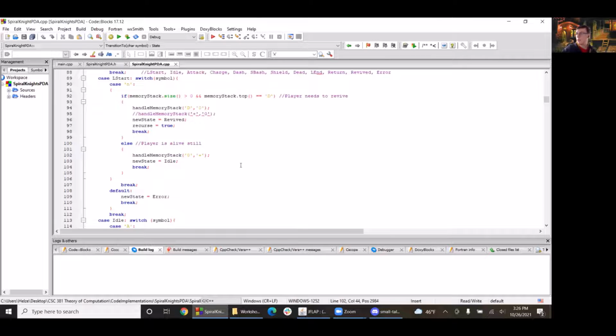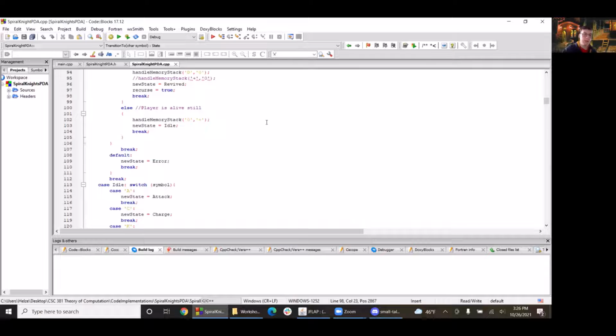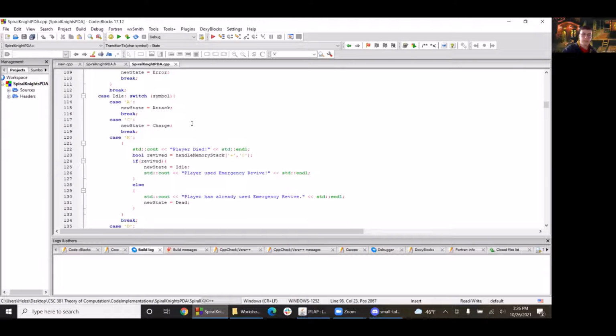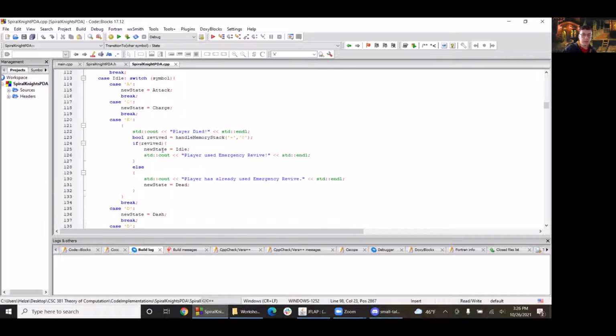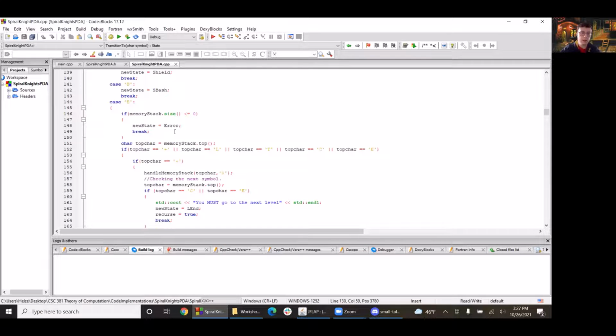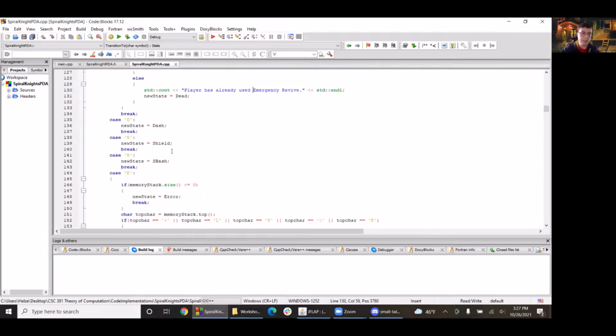So this was a spot where two branches would be taken simultaneously in my PDA, but here I have to look ahead and make my decision before that. And then I also have messages to let you know when the player dies and uses a revive, or whether or not they can. And then another fun case,